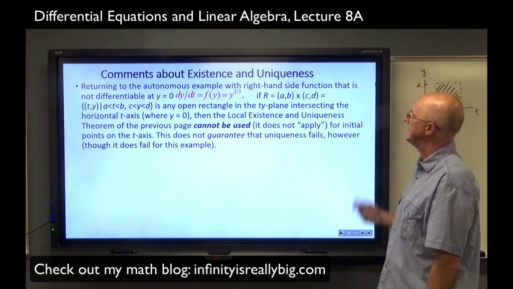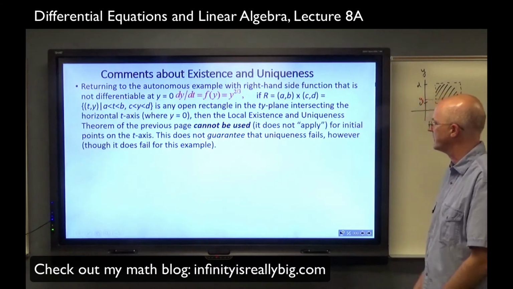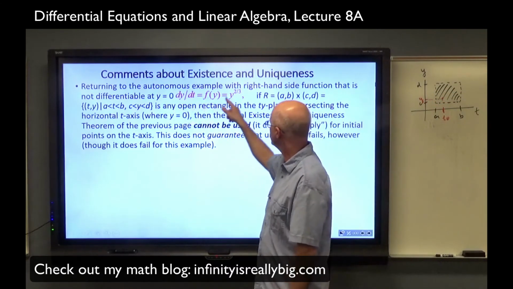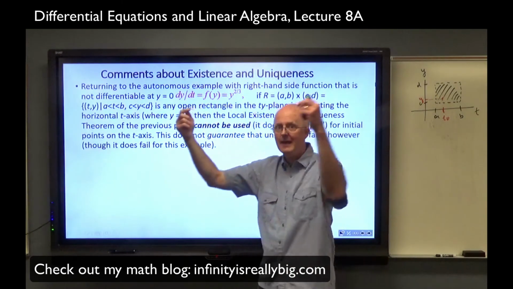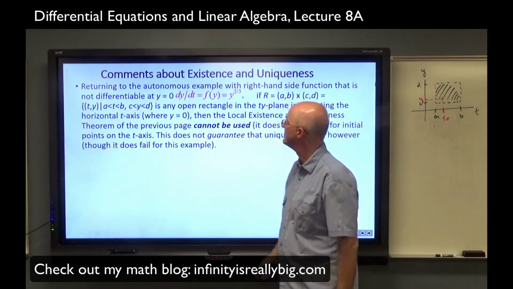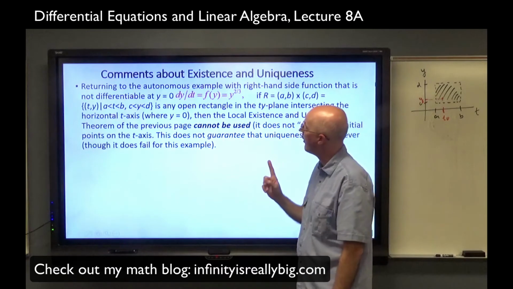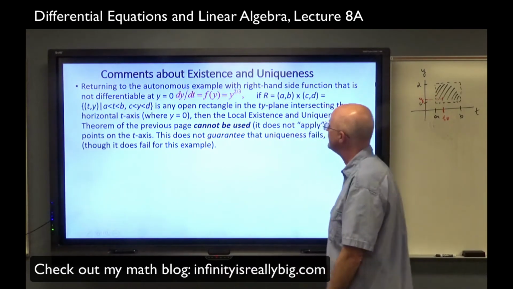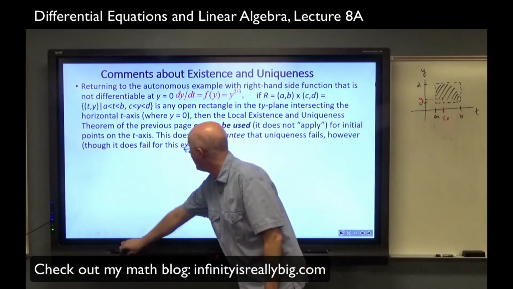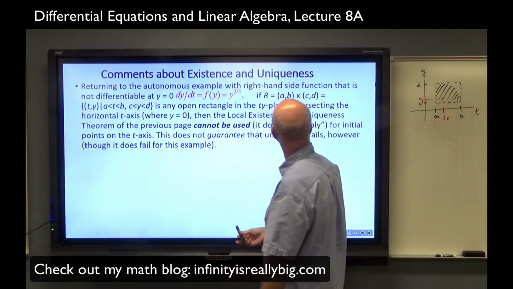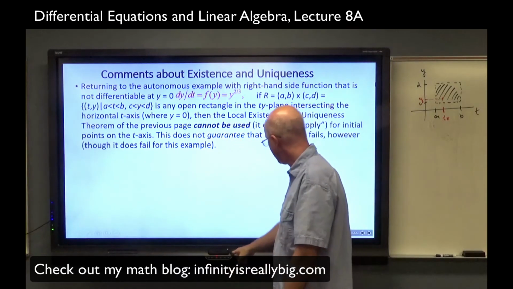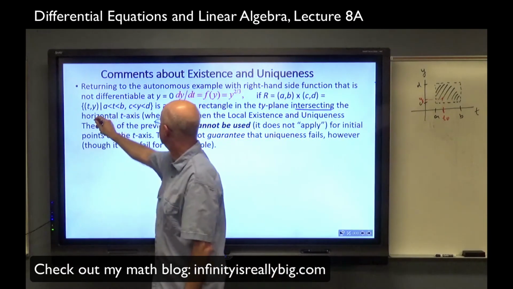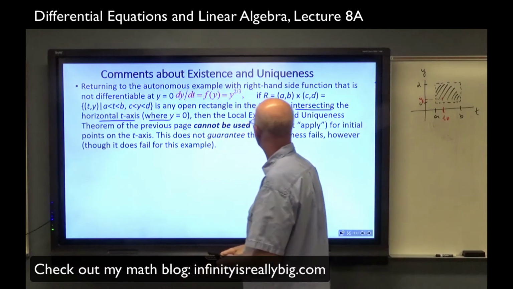Let's go back to the example. Returning to the autonomous example with the right-hand side function that's not differentiable at y equals 0, in other words, y to the 2/3. That was the one that had a graph like this with a cusp. It was not differentiable at just one point. If R, the rectangle, happens to intersect the horizontal t-axis, intersecting the horizontal t-axis where y is 0,